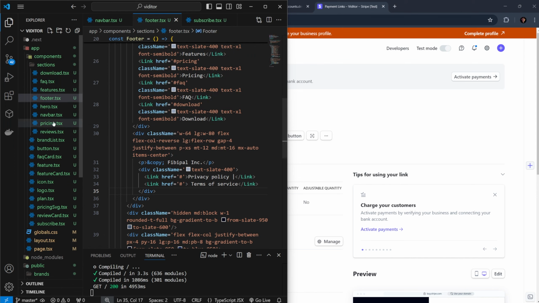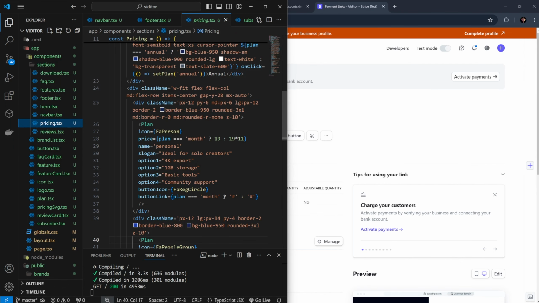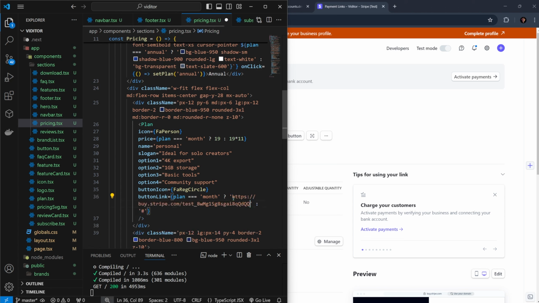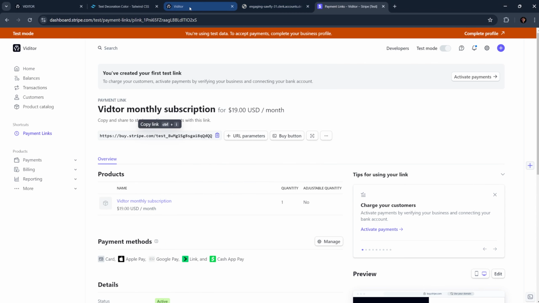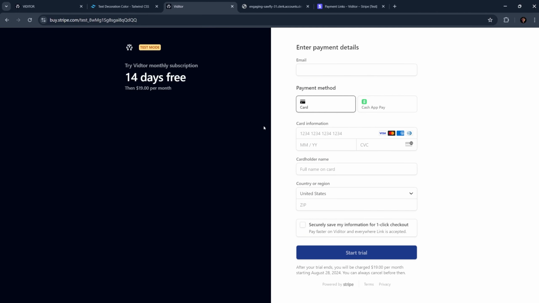And inside, let's go to pricing.tsx. And here in the personal plan, we can set this link to a monthly subscription like this. Then we can save this and try it out. Go to your editor, then click get started here, and you will be redirected to this test payment, so you